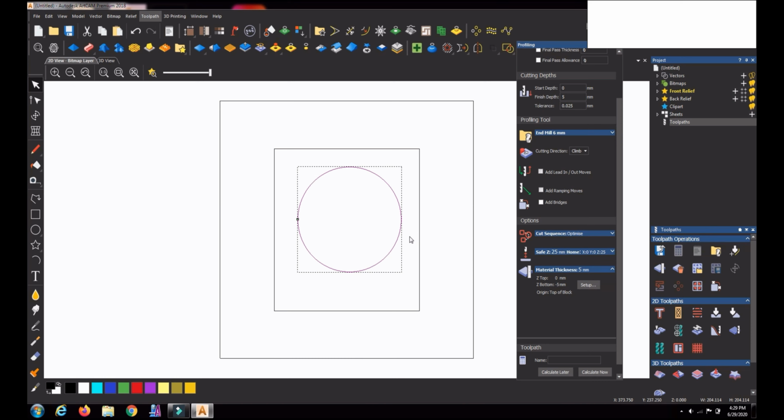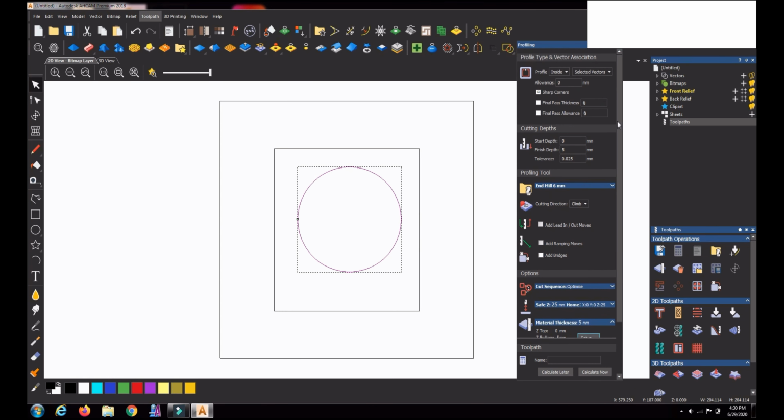So for a 5 mm thick sheet we want to cut a circle of this shape, and for that we have given minimum parameters only. One is the profile, inside only, because we want to cut inside.